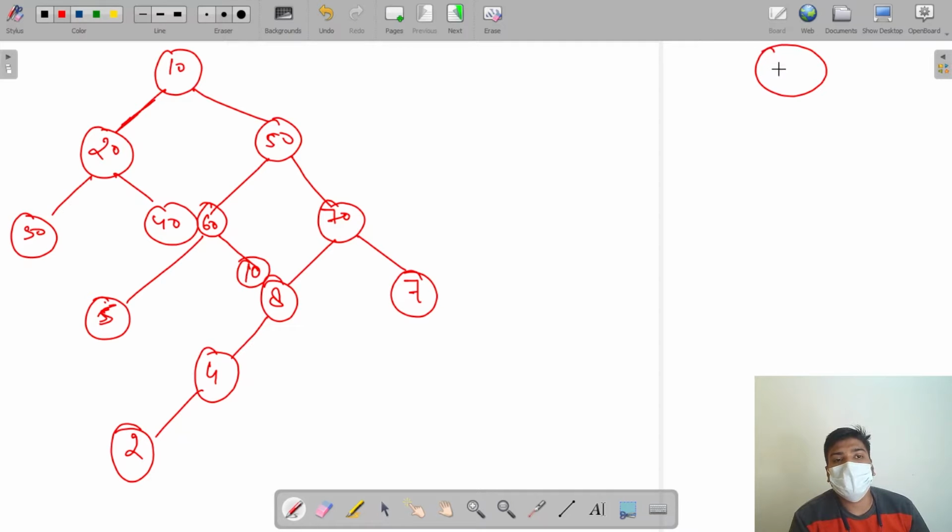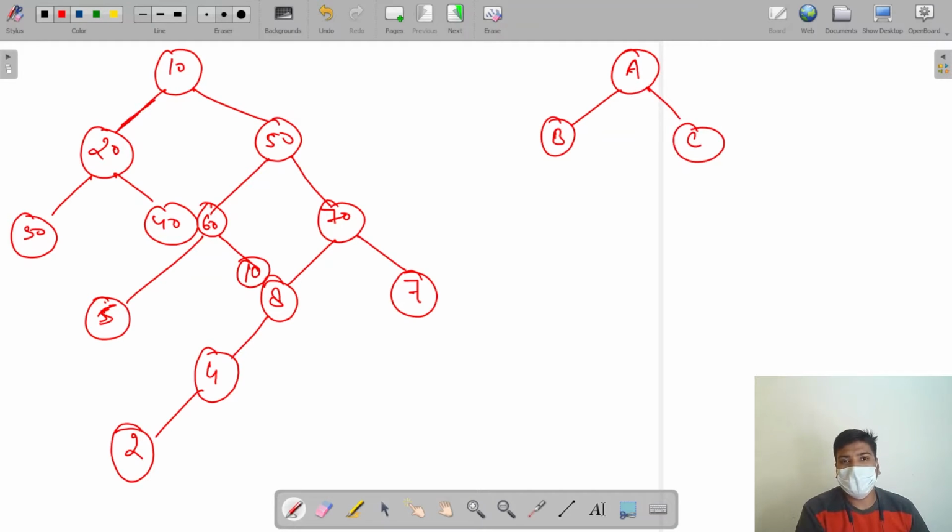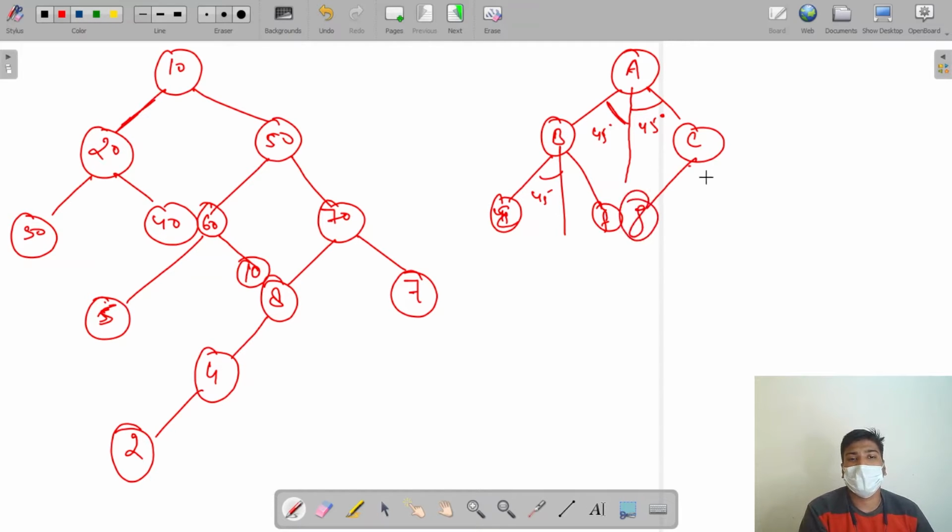Suppose we have a node A, and it has two children, B and C. The angle that this node subtends with these two children is 45, and this is also 45. So this will make a child here, and this will make a child here. Suppose this is E, this is F, this is G, this is H. As this is 45 45 and this is also 45 45,